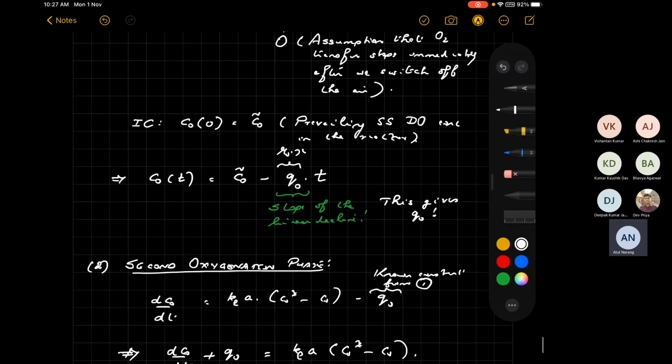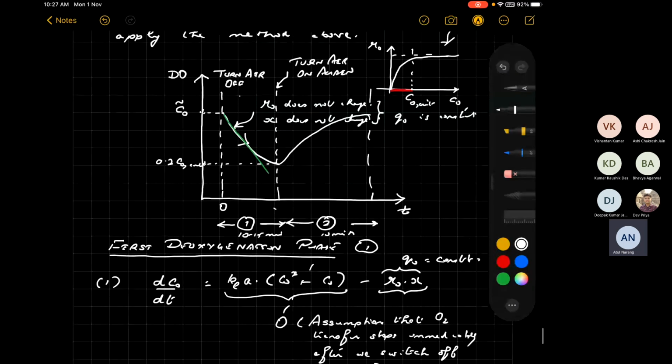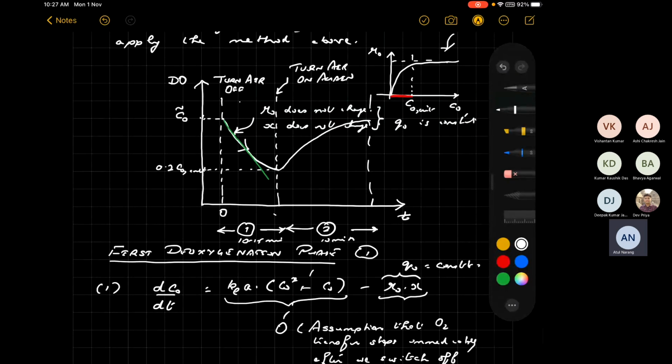So you already have this data giving you CO, so I'll do it in red. I'm now talking about the data in the second phase, which is